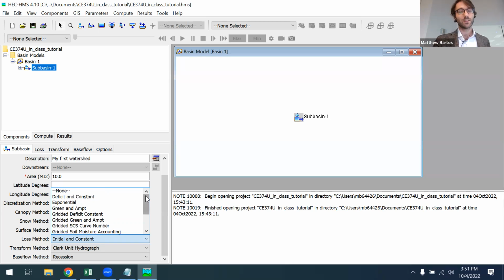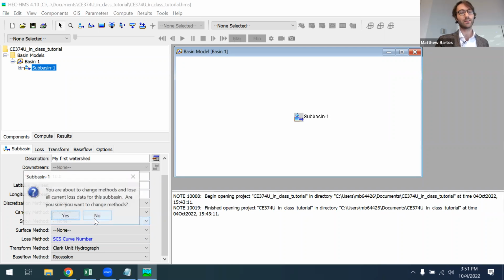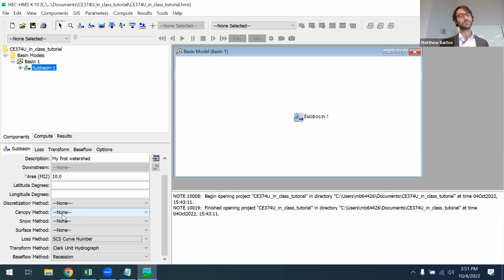So if you look through this list, you'll see a couple of familiar friends, such as Green-Ampt. So this can use the Green-Ampt model to compute the infiltration. What we're going to do is use our other friend, the SCS curve number, to model the infiltration. So go ahead here and click SCS curve number. It'll ask you about losing data. Just go ahead and click yes.